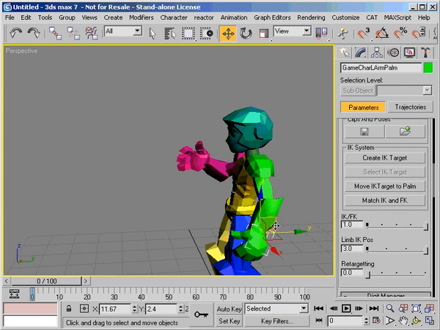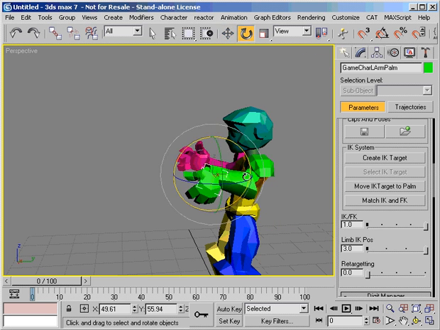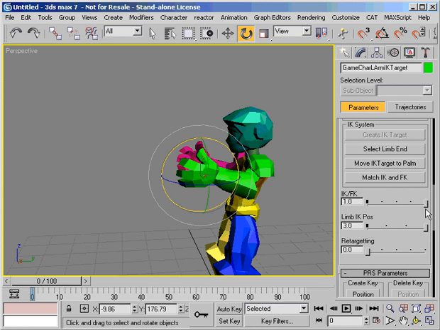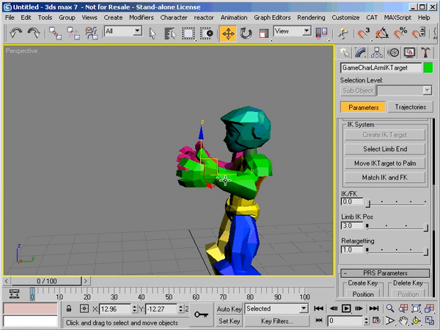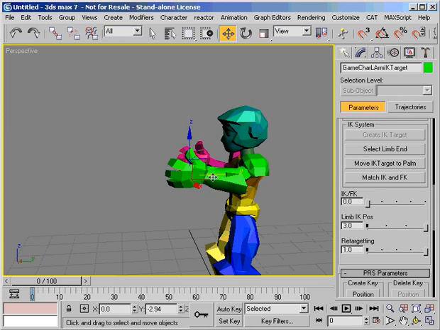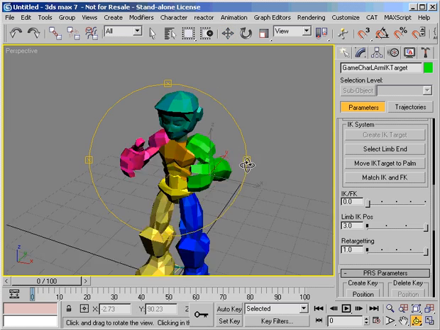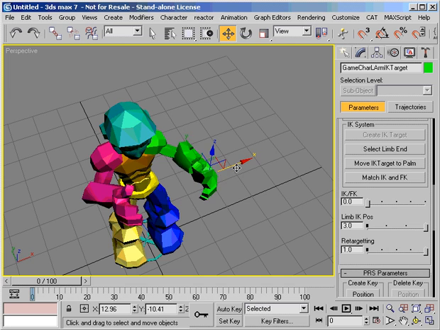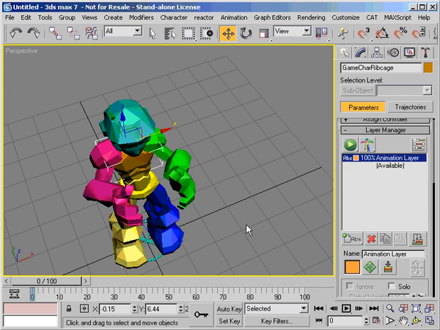Multiple limbs can be set to retargeting at once. If I select this bone, rotate it up, create an IK target for it, we put this limb into IK and turn on retargeting. Now when we move this limb, the ribcage tries to maintain both arms' bend angles. If we select the ribcage